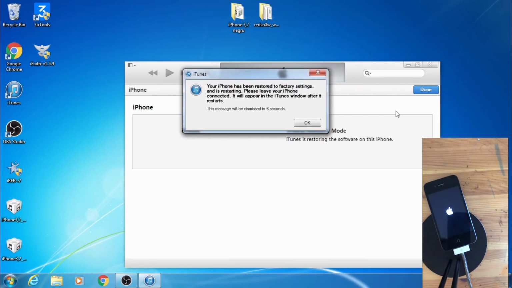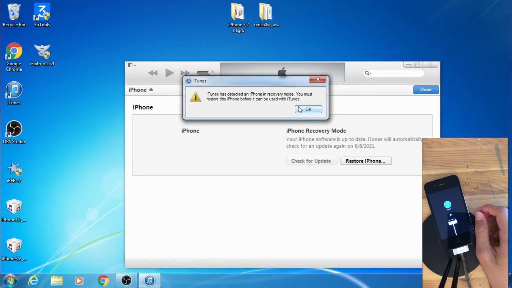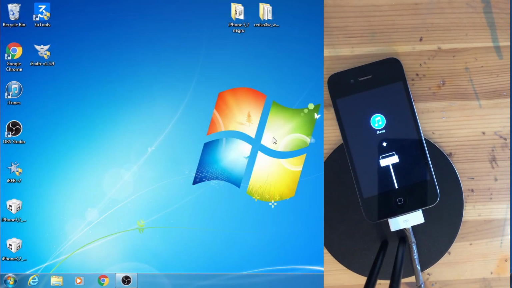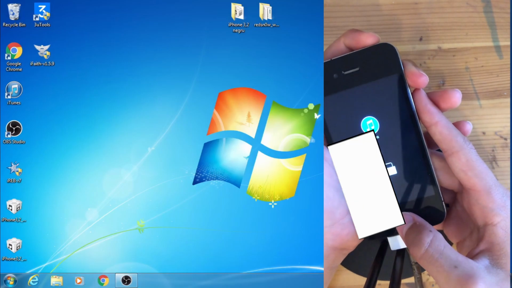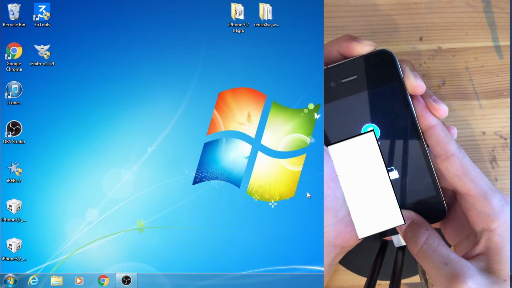Now, if you see this, it's good news. Okay, so you need to close iTunes. Next, put your phone back into DFU mode. 2, 3, 4, 5, 6, 7, 8, 9, 10.